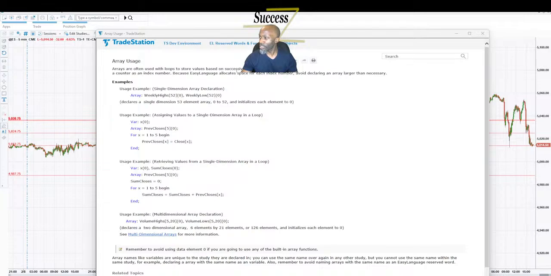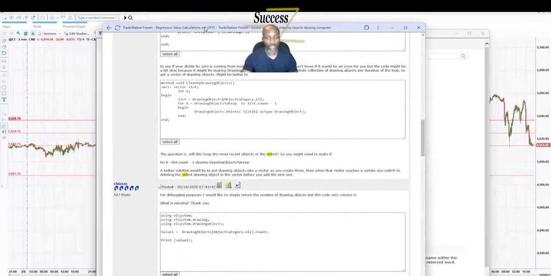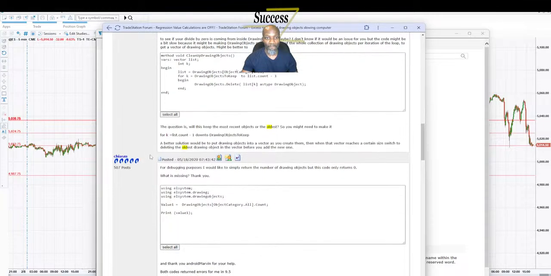I'm just seeing what they have on here, seeing if the senior traders, the specialists, give any ideas about what's going on with the counting. Better solution would be to put drawing objects into a vector as you create them. Then once the vector reaches a certain size, switch to deleting the oldest drawing object in the vector before you add a new one. Might need to make k equals less.count -1 down to